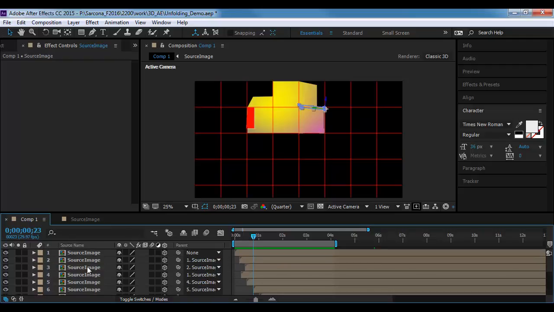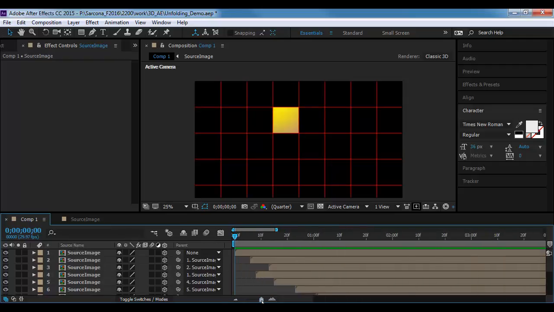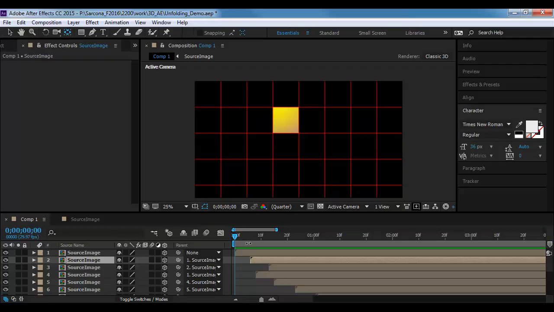So the way that I fix that is I go back to, I'm going to rewind this and zoom in. I go to my layer 2. Now your pan behind anchor point tool could also be used to resize or reposition where our timeline is starting or where our layer is starting. So if I click on this and I drag this side of it,